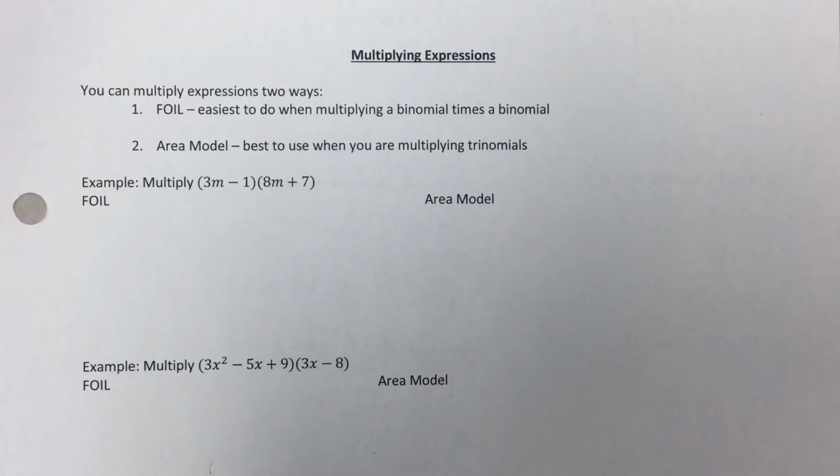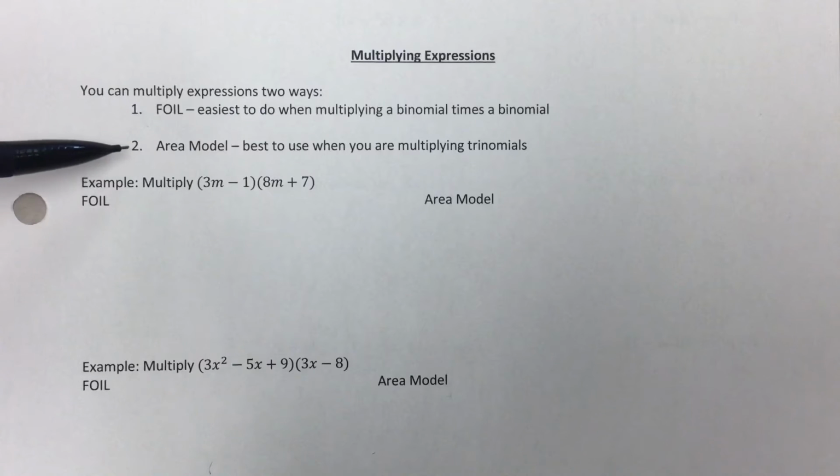All right, now that we're in section 2.2.1, multiplying expressions, and we went over our little example with Jonah and Graham, a couple of things to just keep in mind: when we multiply expressions, we have two ways. We have FOIL and we have what we call the area model. FOIL is, in my opinion, easiest to do when you're multiplying a binomial times a binomial. Remember, binomial means two, so when you're multiplying something that has two terms times two terms, FOIL, in my opinion,